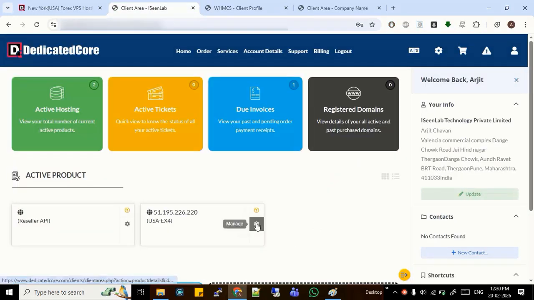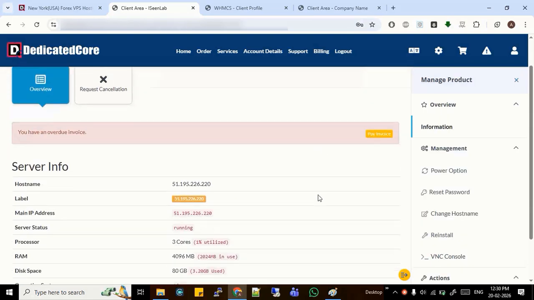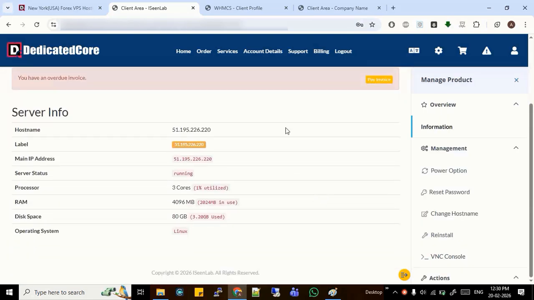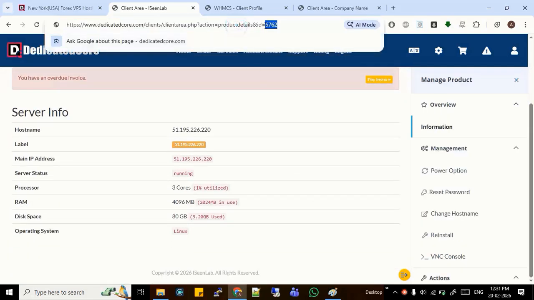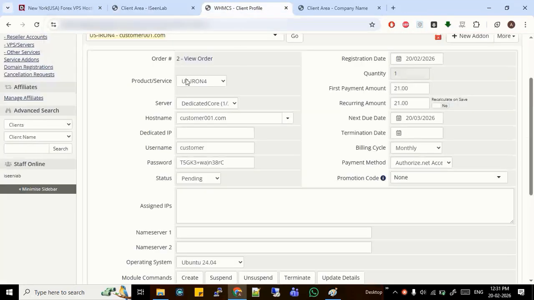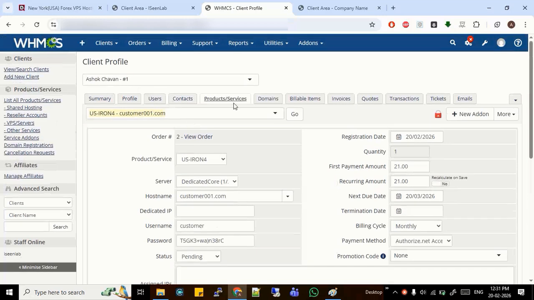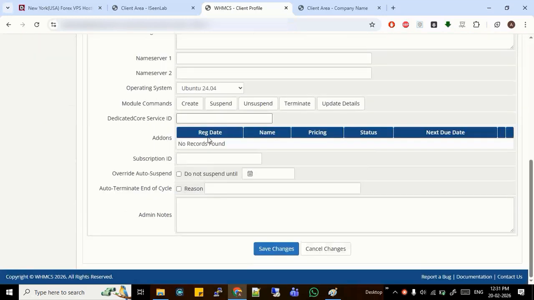Okay. Let me open this. And simply you have to copy this number. Go to your product, that is the product page, and just simply scroll down and enter here